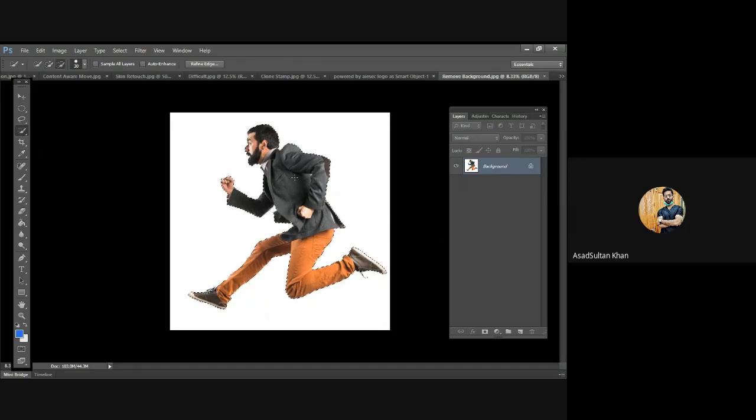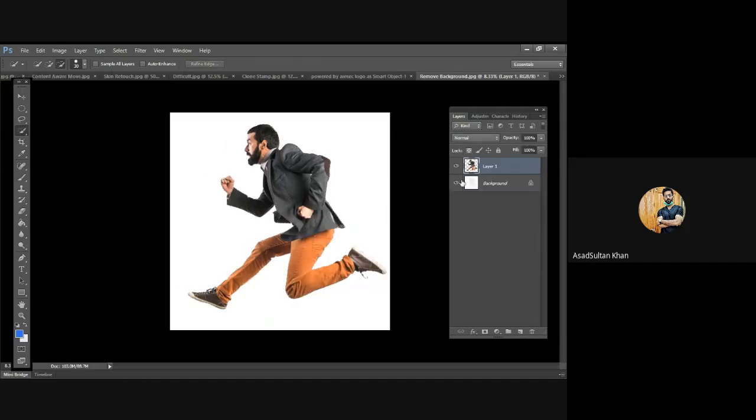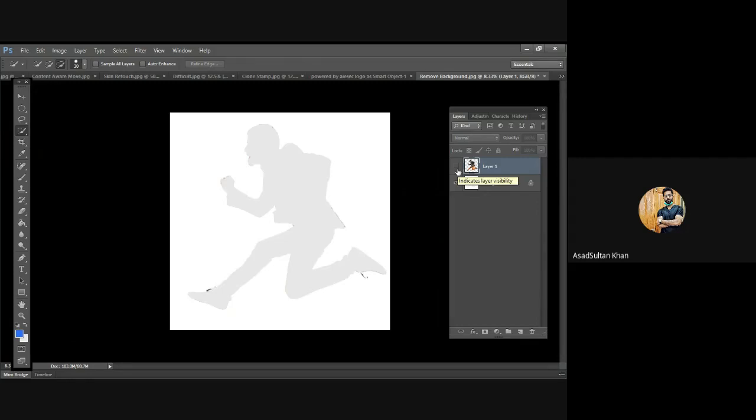So now we have this person selected. What we're gonna do is we're gonna create layer via cut. यहाँ पे बैकग्राउंड रिमूव हो गया, एंड इफ आई वांट तो मैंने ये भी रिमूव कर दिया, जस्ट लाइक स्पेस राइट देयर.